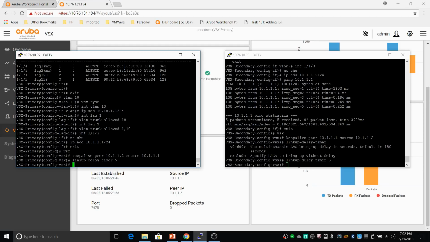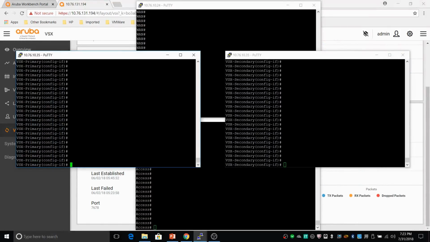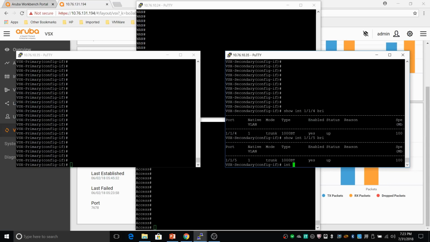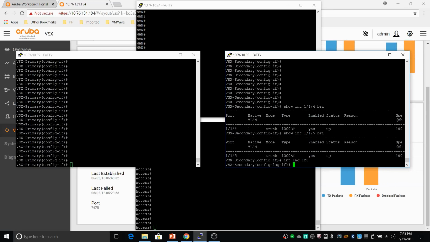Okay, so let's put it to the test. What I'll do is shut down the interswitch link on the secondary switch and see what happens with the downlink port. So this is the secondary switch. Let me first show you the interface 1/1/4 brief. You can see that that interface is up. That's your multi-chassis link aggregation interface to the access layer, and this is the one to the WAN layer. Now let me shut down the lag interface